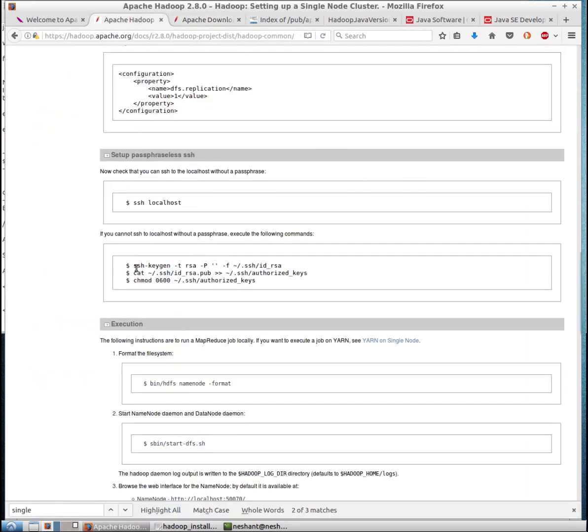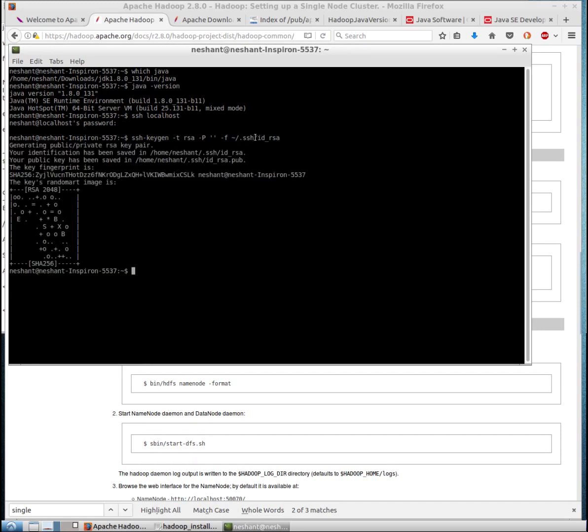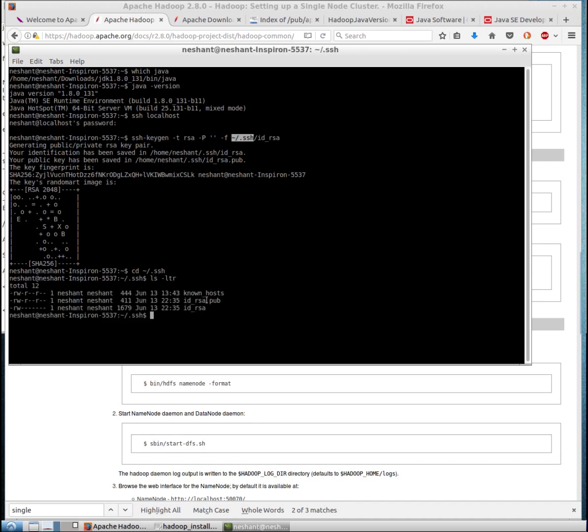Yes, here we are. So first of all, I'll generate the keys using the RSA algorithm. So here you can see that there is no passphrase in here. It will generate these files in my home directory in this hidden folder .ssh. It looks like it has been generated. I'll go to that path and do a file listing. So you can see that we have the RSA public and private key.